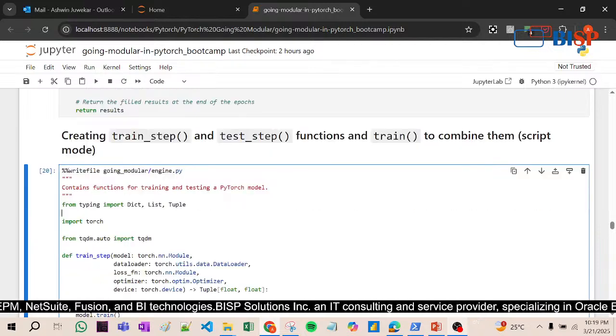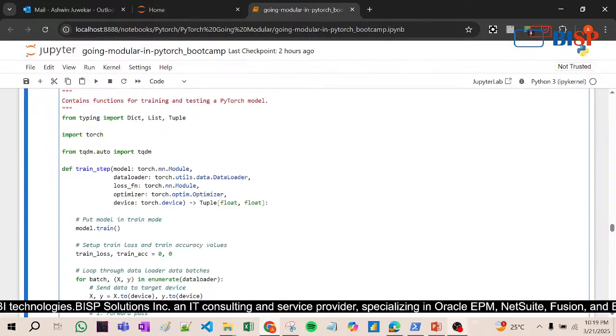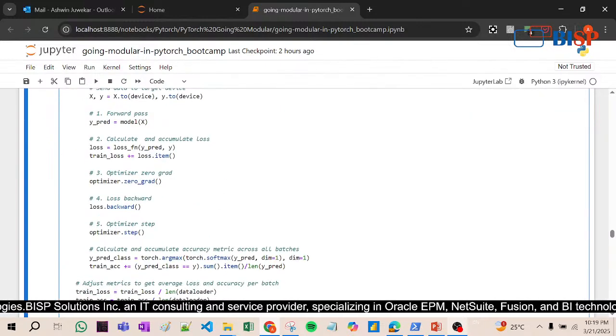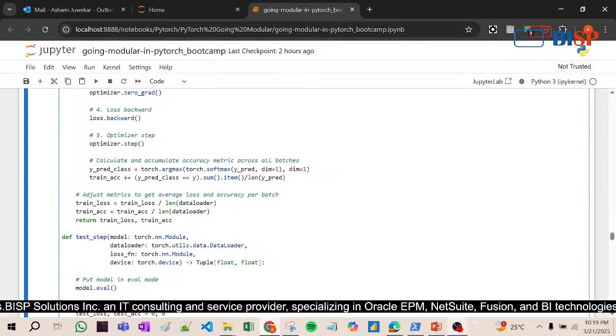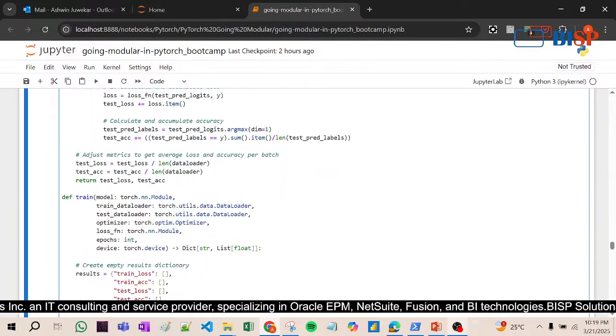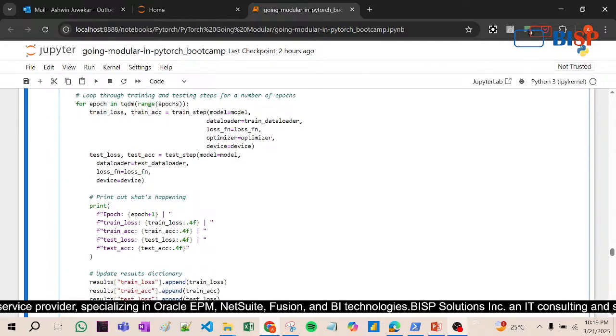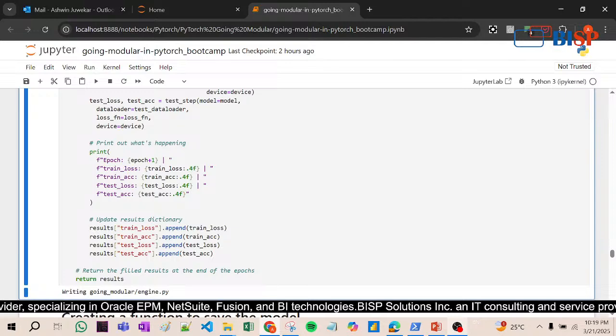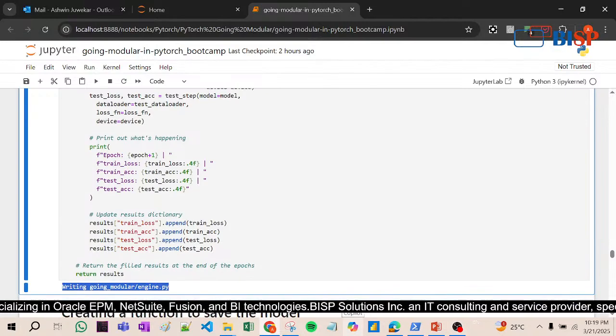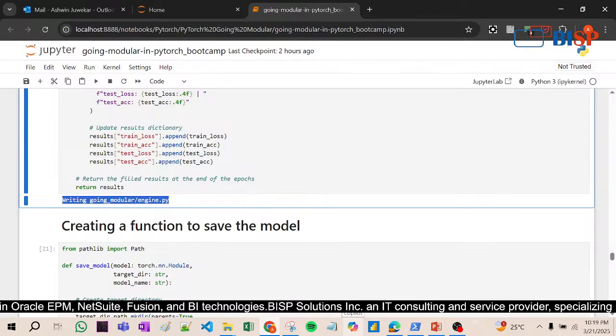After that, what was the next step? Test step, right? First was train, this is the train step. After that, if you go down, test step is here. This is the test step, and then train model, right? Look at this. And after that, you will see here, after running the epochs, writing going modular engine.py, everything will be written inside the engine.py. Clear? Then creating a function to save the model,